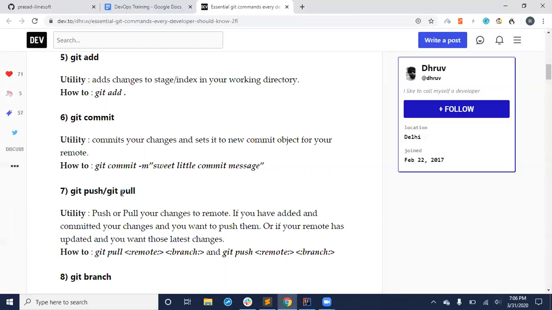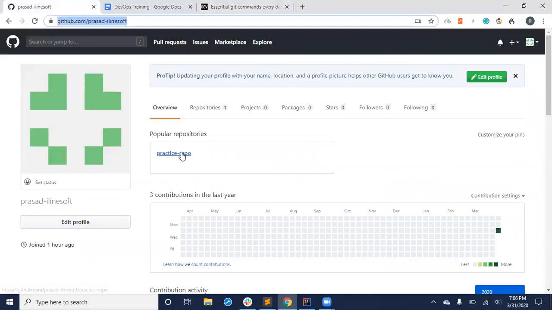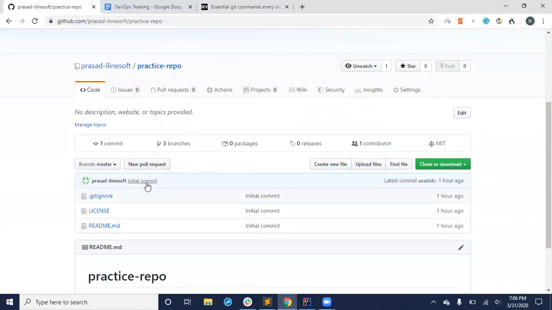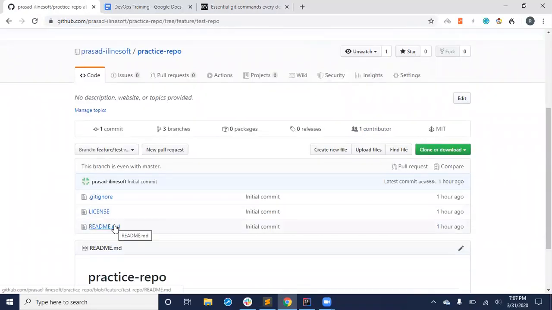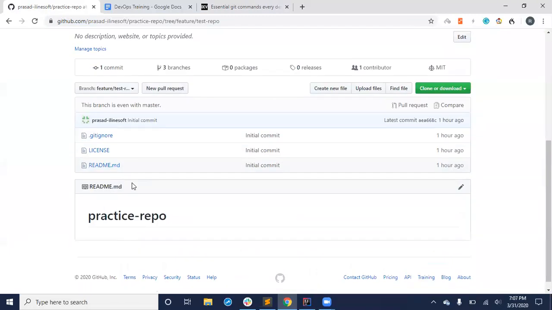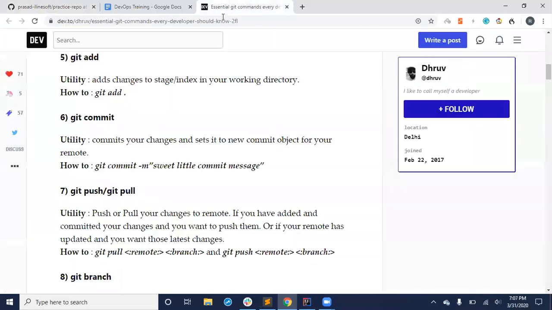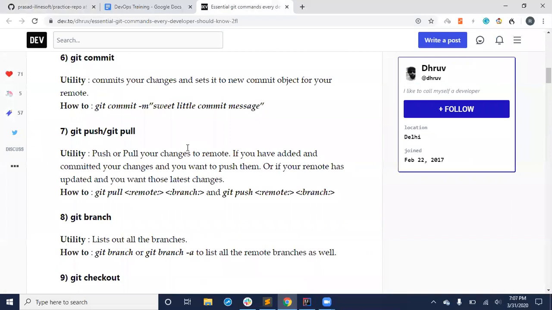For example, let's say there is a feature branch in GitHub. Let's go to one repository. Now let's say two or three people are working. Right now there is only one contributor, that is me. Now let's say in a specific feature branch you're working on, someone made some changes to some of the files like readme.md or whatever. Now I want to get that change. So I just do git pull. Then whatever changes the other person has made in their system, I will get to my system locally. That is git pull.